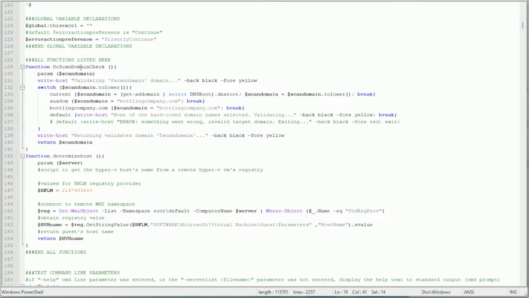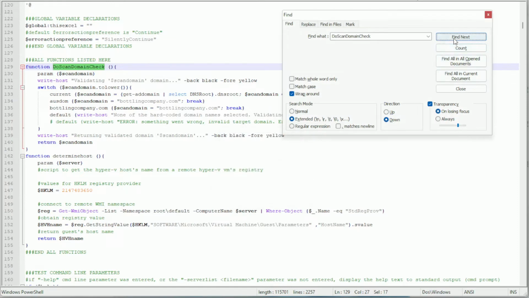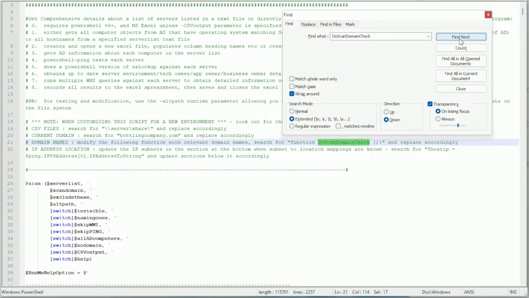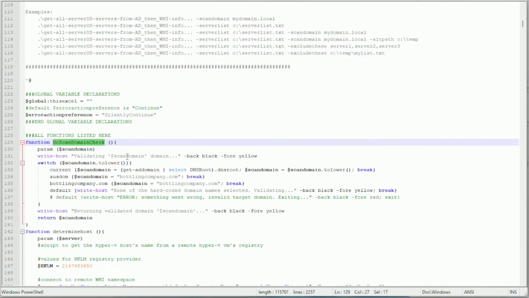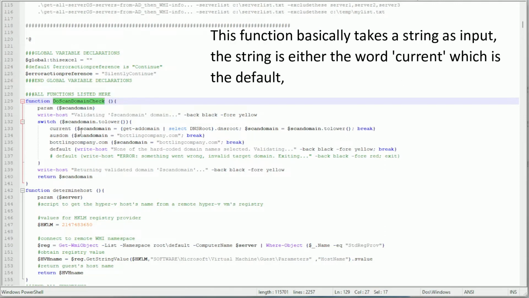We've got some functions that basically scan a domain. So this particular function, if we check how many times it's referenced, 5. So we can have a look at that. When we target a specific domain, it will do a scan domain check. So it's going to call that function with that particular domain name, which could be mycompany.local. And it will basically check it. Is it the